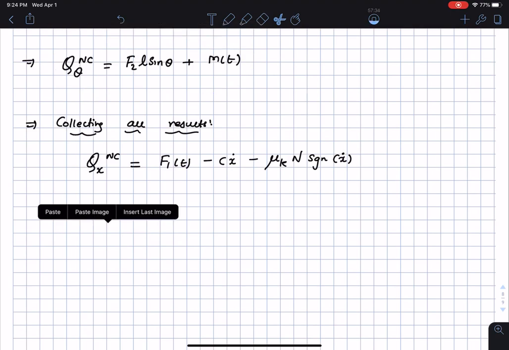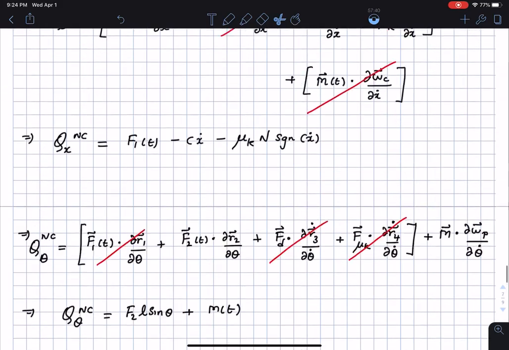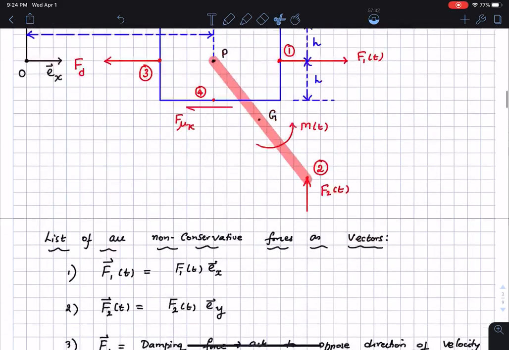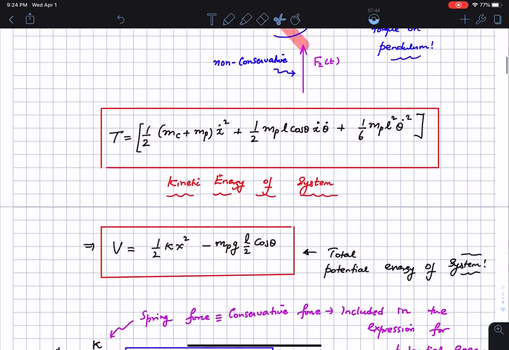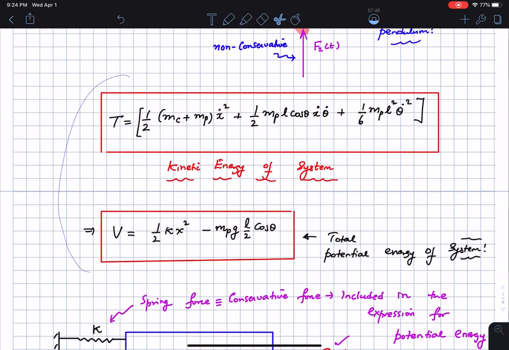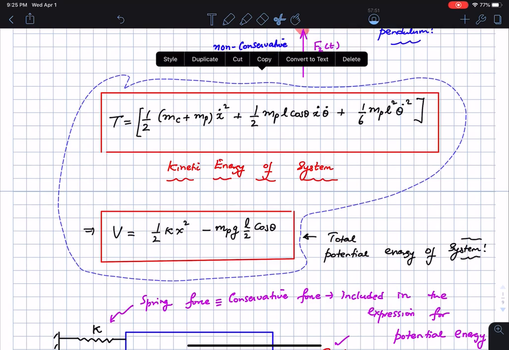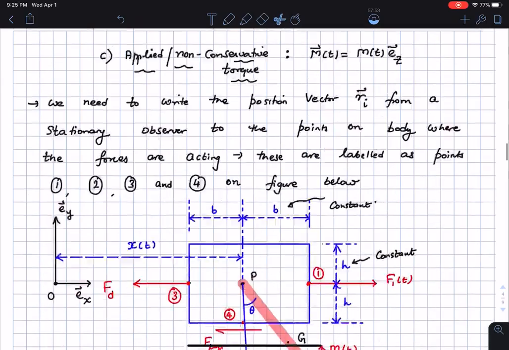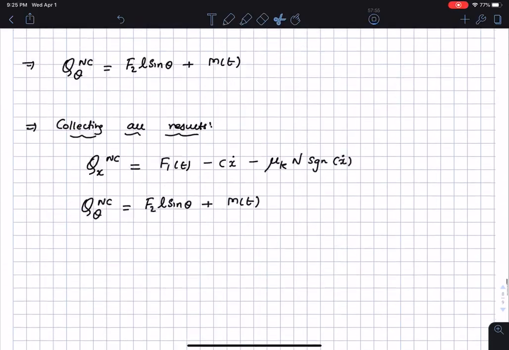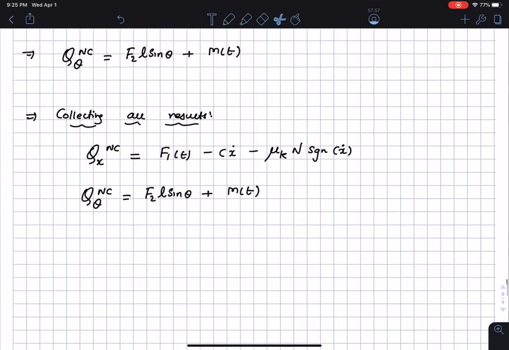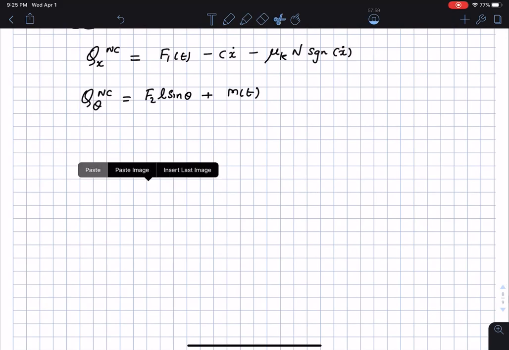I copy that and I bring that down here. So that's one and two things. Then if I go back to the beginning of the problem, I have my potential and kinetic energies as well. So I'm going to bring those fellows down here as well, because we now need to write the Lagrange formulation. Okay, so I paste that here,